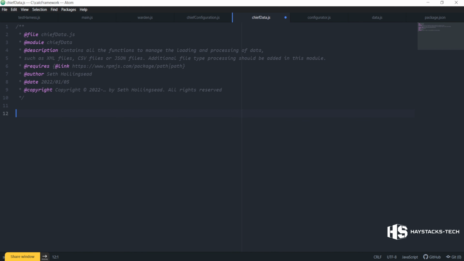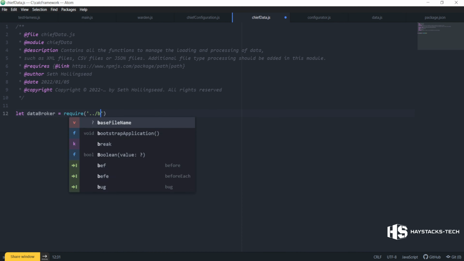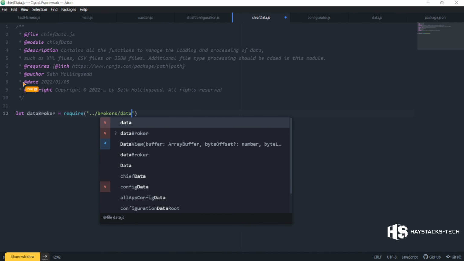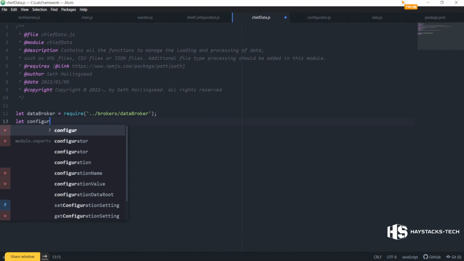Actually, we need some dependencies first. We're probably going to have to add them up here as well. Let data broker equal require /brokers data broker. And let configurator